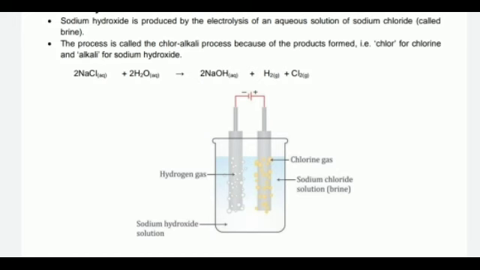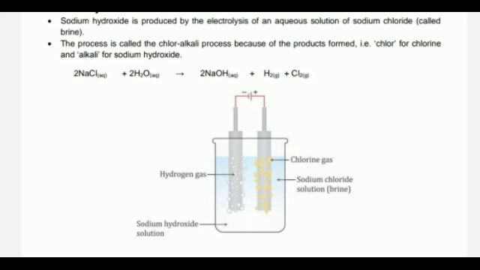Next, at anode, chlorine is obtained. This chlorine is used as a disinfectant. Okay, it is used for water treatment, as pesticides. Okay, and when this chlorine reacts with sodium hydroxide, it forms bleach. And use of bleach is very common. We know that it is used for bleaching fabrics, even in the industries also, and in houses also.